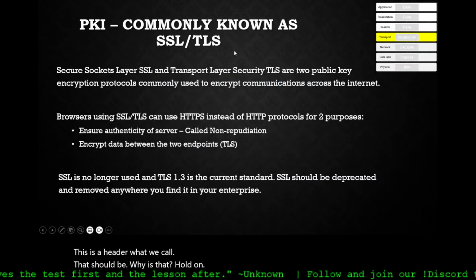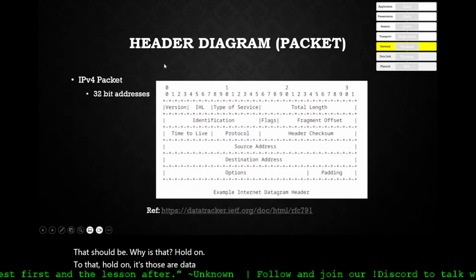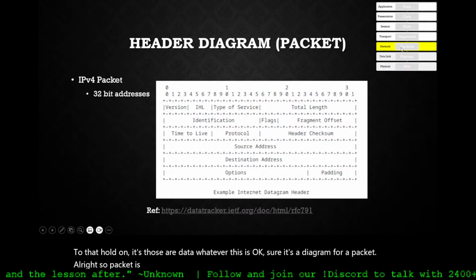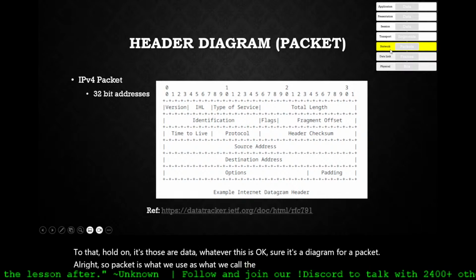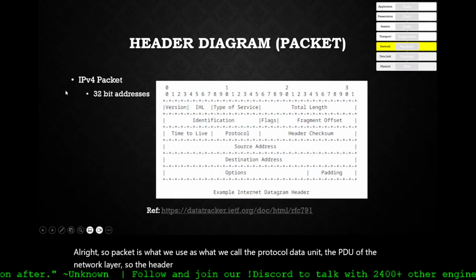Did that? Hold on. Those are data. Whatever. This is okay. Sure, it's a diagram for a packet. All right. So packet is what we call the protocol data unit, the PDU, of the network layer. So the header diagram, packet, and